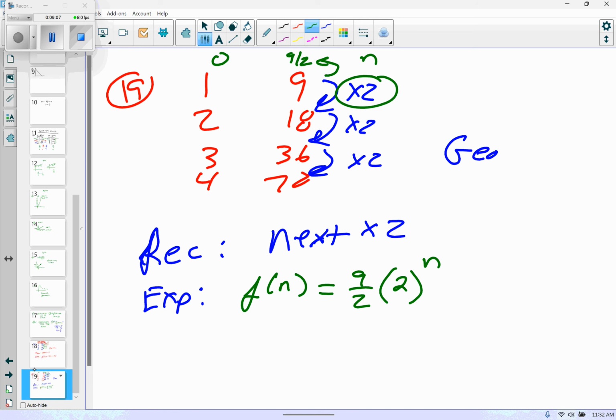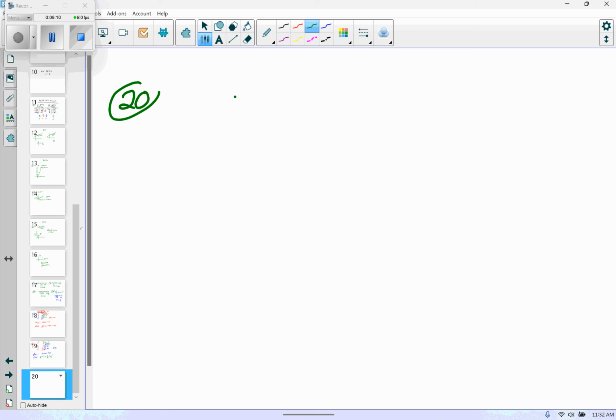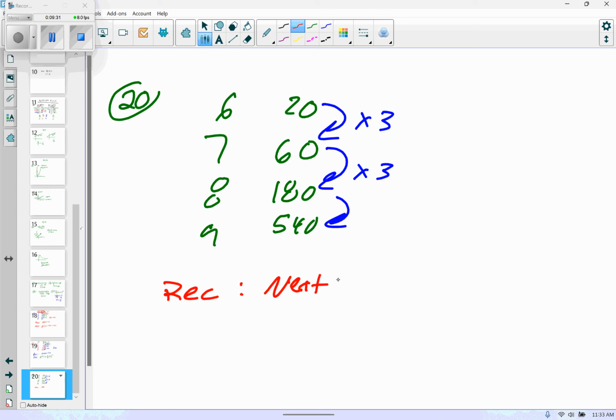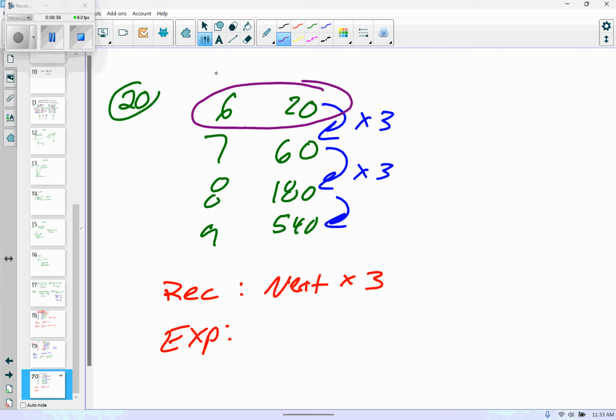Okay, then number 20. Number 20, we have 6, 7, 8, 9. We have 20, 60, 180, and 540. So this is multiplying by 3 each time. Okay. So my recursive is going to be next times 3. My explicit is going to be, oh, we got to be careful. Friends, this starts with the 6th term. So that means I have to have n minus 6 as part of my equation. Agree? So I'm going to say f at n